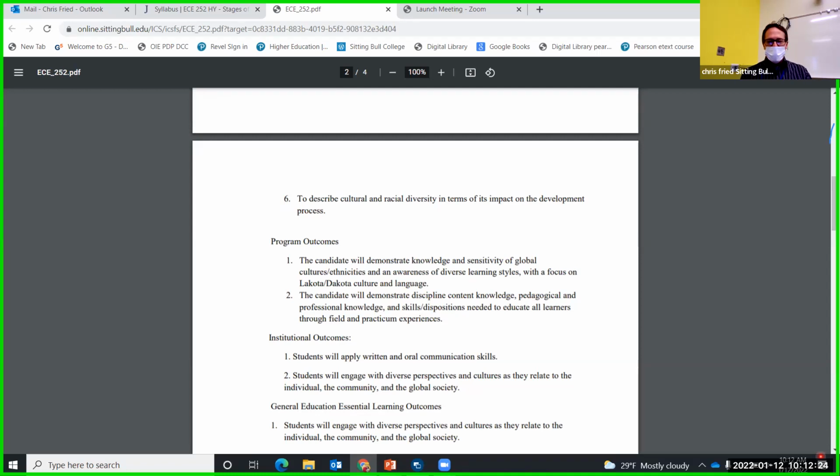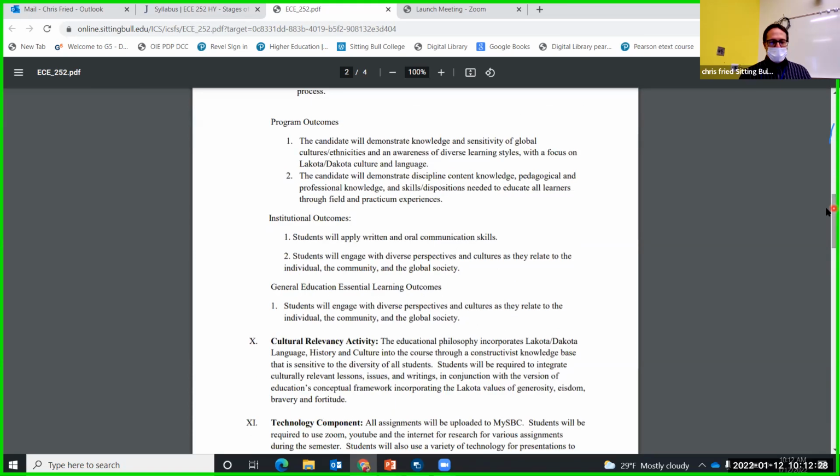Okay, so there's 6 of them that hopefully we can get covered, and hopefully that you will remember. So there's program outcomes, institutional outcomes, and general education essential learning outcomes. We have to include these in here as well because we take a look at them. It's not something necessarily that we test you on, but we take a look at them for ourselves in terms of our programs and such.